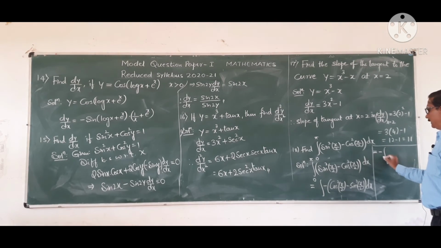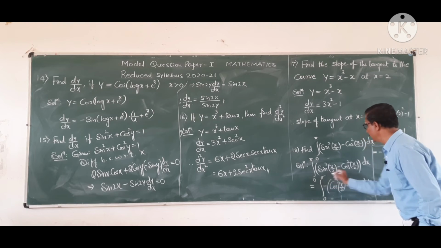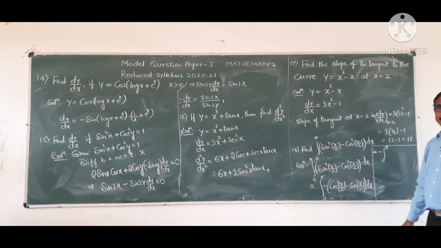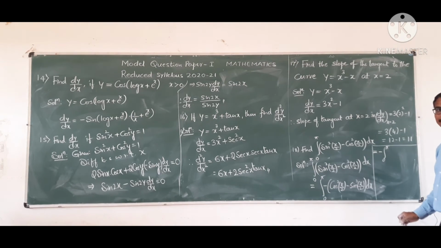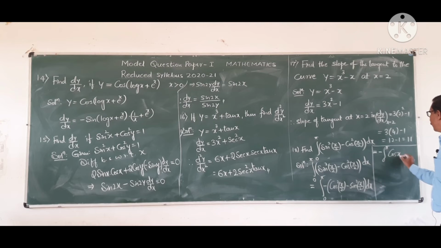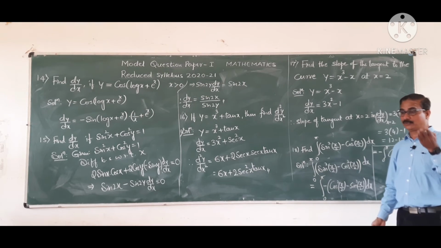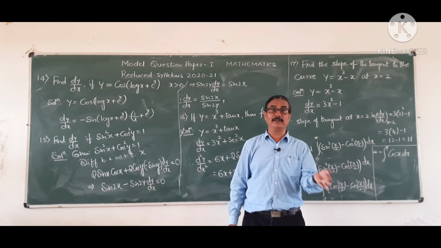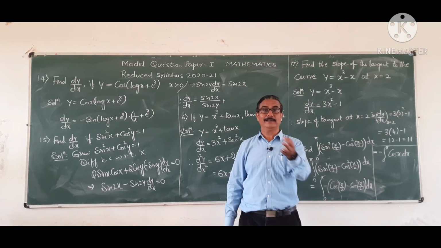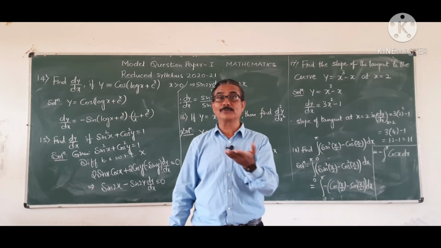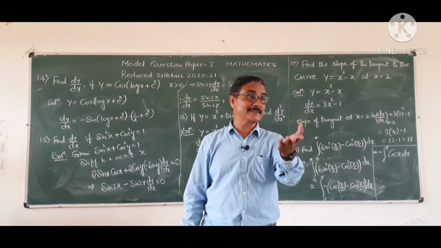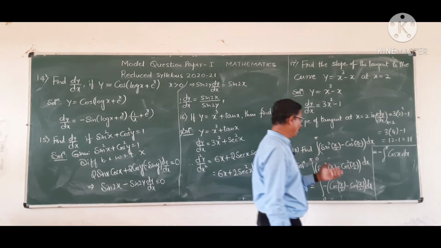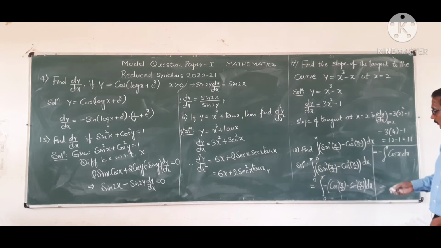Now that is minus integral from 0 to pi. But you know the formula for cos square x by 2 minus sin square x by 2 using submultiple angle. Do you remember? Yes. What is that? Cos x. Because cos x is equal to cos square x by 2 minus sin square x by 2, or 1 minus 2 sin square x by 2, or 2 cos square x by 2 minus 1, or 1 minus tan square x by 2 by 1 plus tan square x by 2, out of 4. So the value of cos square x by 2 minus sin square x by 2 is equal to cos x.